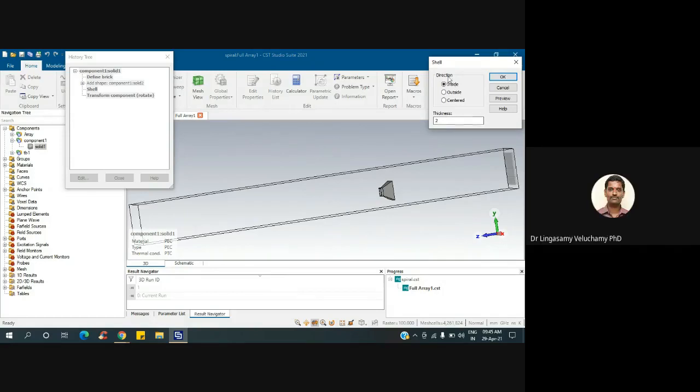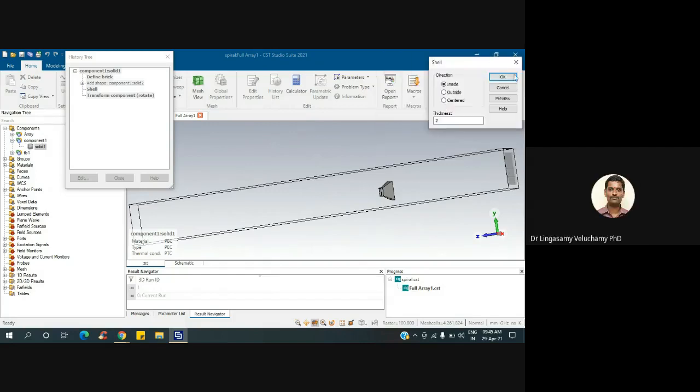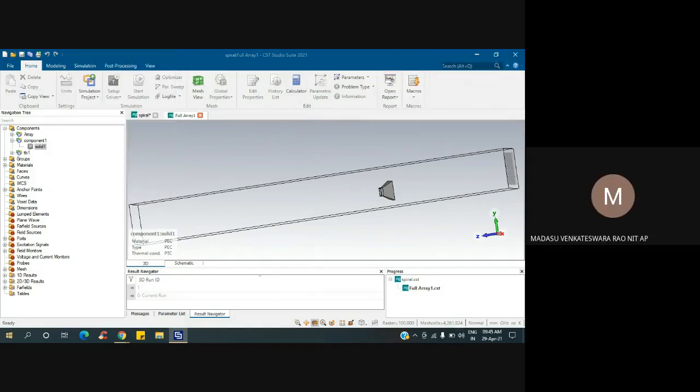And here, what is this shell, sir? Shell means inside, that solid is there, right? They removed that with the thickness. So they've drawn that complete three-dimensional block, then they removed that inner part. That's what this shell is. Okay. Actually, it is outside, sir. By seeing the books, I selected this as inside.